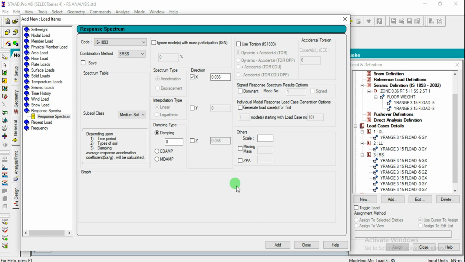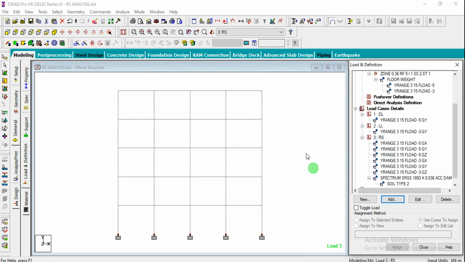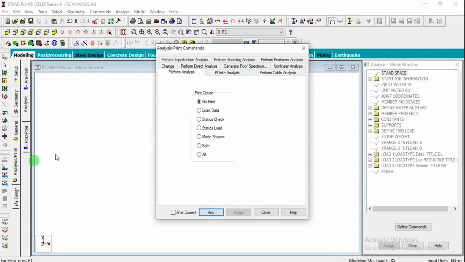So let us find for each and every direction. Let us find out for X direction. If you want to find out for Z direction, you can either give it here or create another case and give the same method again. So let us go for X direction right now. Click on add and close. So make sure that you are going to get this one. After that we have to go for the analysis print command and click on all here, add and close.